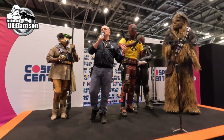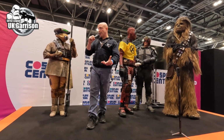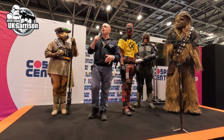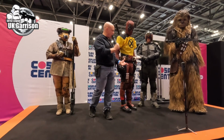There are parts on the Stormtrooper, the original Stormtrooper. If you wanted to get a pair of the original boots and paint them white, like the actual ones, I have a pair myself that are exactly the same. You can pay anything up to £200 or £300 for those. But you can get a good quality replica that will be perfectly fine, that will match that and will be